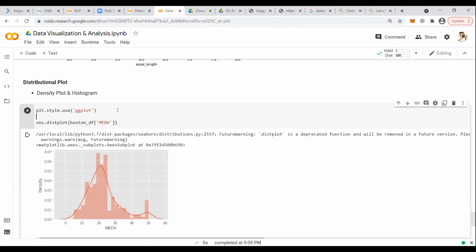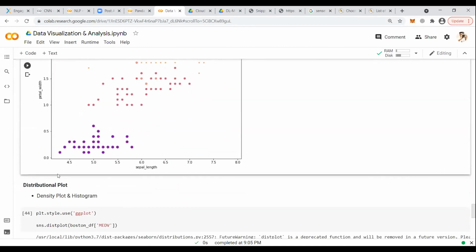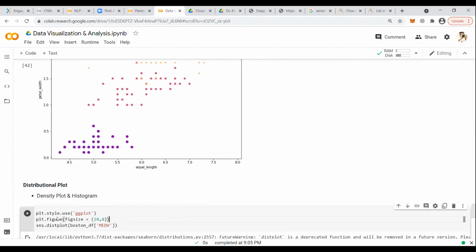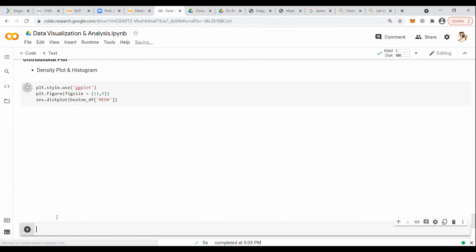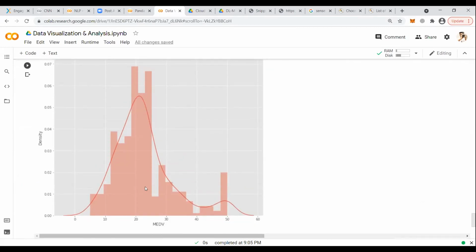Now I need the figure size. There you go. This is your probability density function plot.